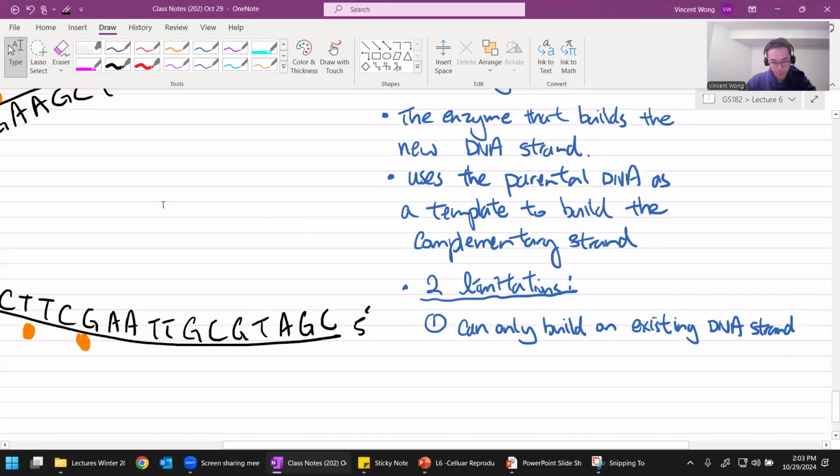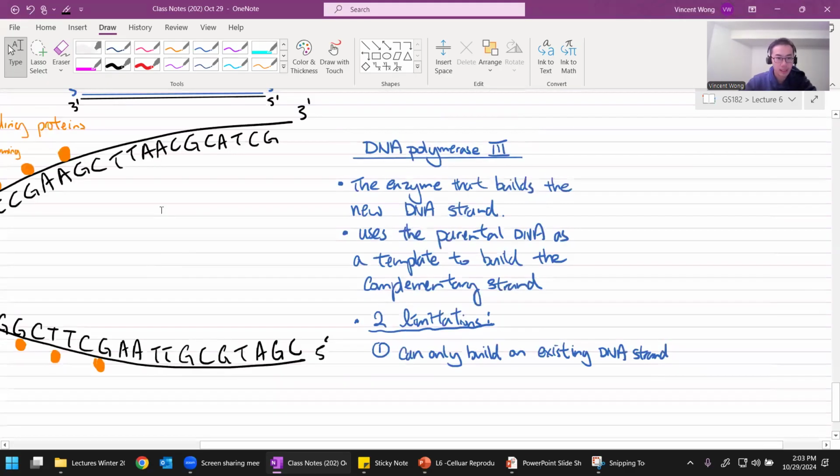What that means is, just watch for a second, okay? Like here, if it comes here and doesn't see any nucleotides there, you see the black nucleotides, right? That's the original strand. Its job is to use the black nucleotides and build, like, T, T, A, G, C like that, right? Okay. But it won't do that